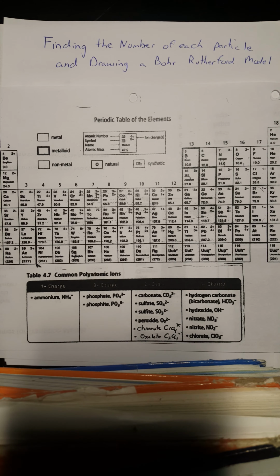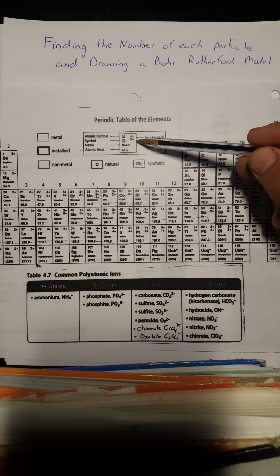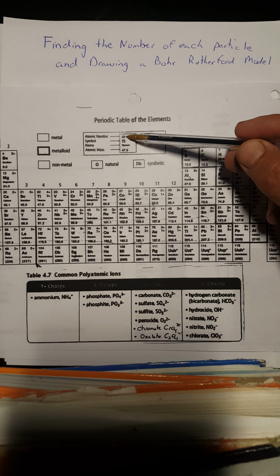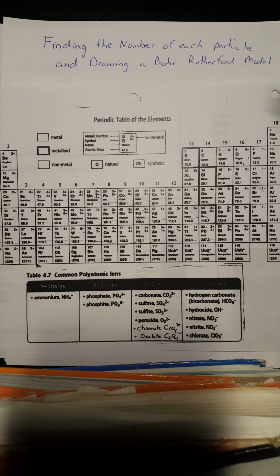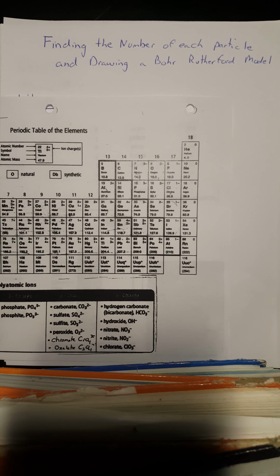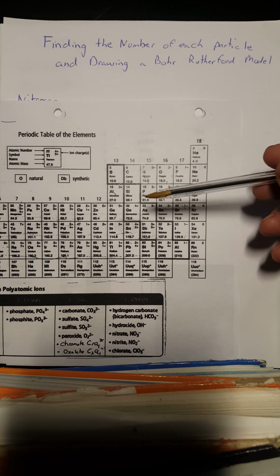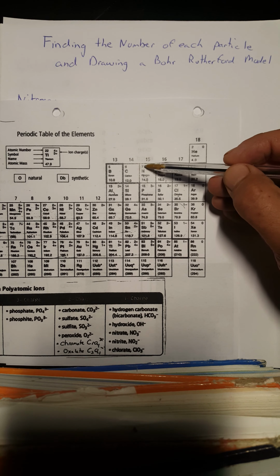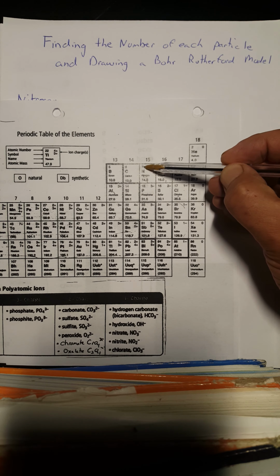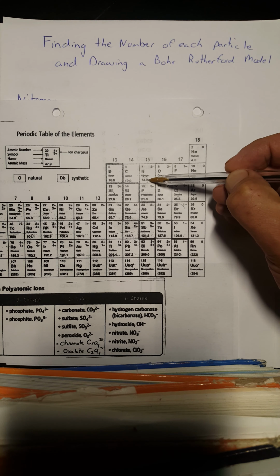First of all, you need to have a periodic table. Look for the legend on the periodic table, which will tell you where the atomic number is and where the atomic mass is. These are the two most important pieces of information you will get from your periodic table. So we'll look at nitrogen now. Okay, nitrogen's right here. It is number 7, which means that its atomic number is 7, and its atomic